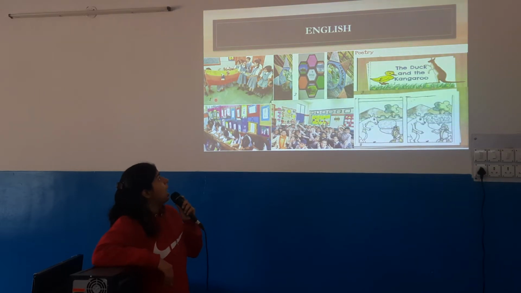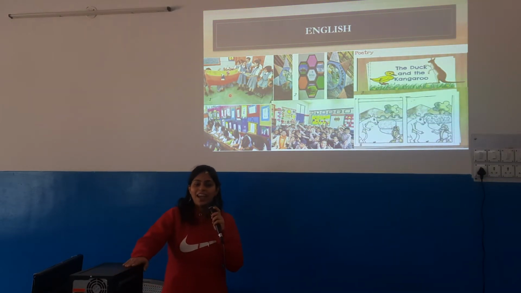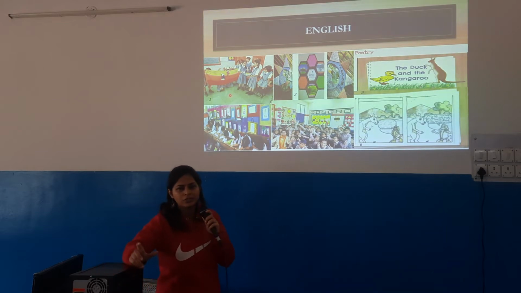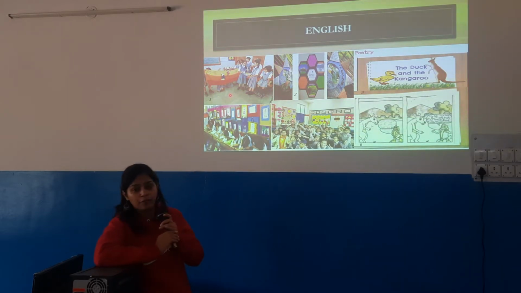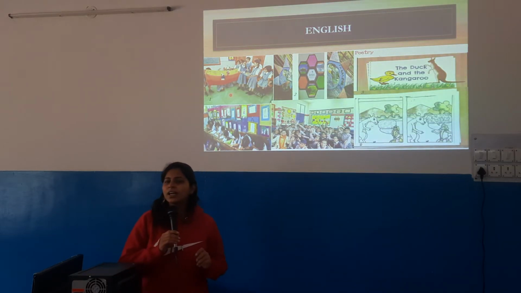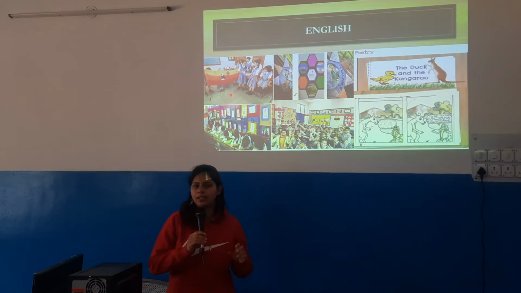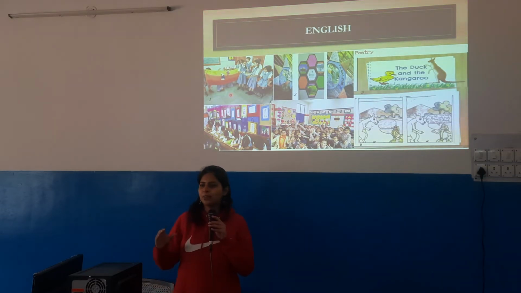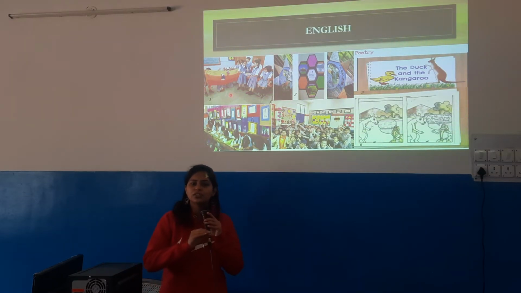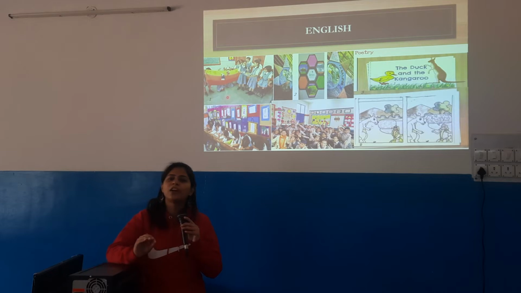The first picture shows how class 4 and 5 children have prepared puppets to explain their English lesson. And the teacher is sitting behind the class. There was a big picture. I could not include the entire picture, so I've just taken a small screenshot, where it shows that the entire class is divided into different groups. The girls have made different puppets related to the different sections of the chapter, and the students themselves have very nicely narrated the entire story or the entire English lesson in front of the teacher.